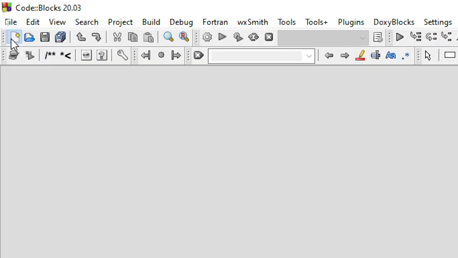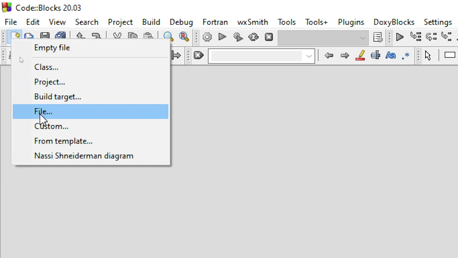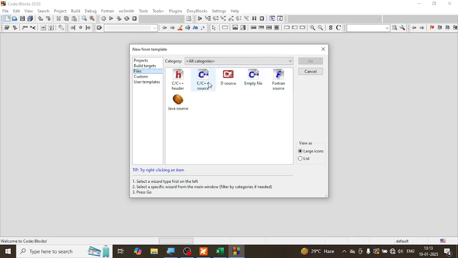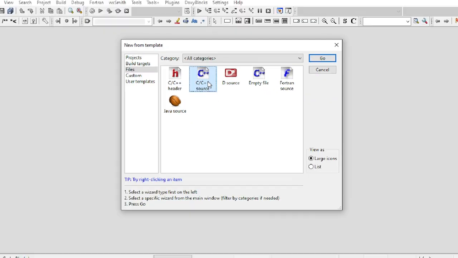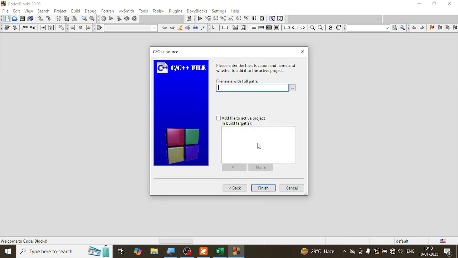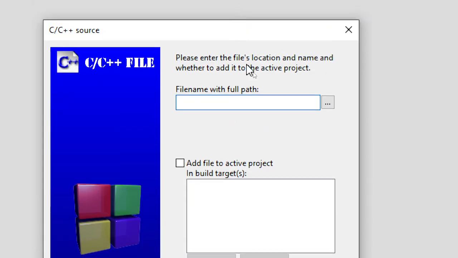I'm going to click on this new file, and I'm going to say file here, and I'm going to use the C++ source here, and click go, and click next, and I will select C as my programming language. And next, I'm going to go here, and a very important thing, see to it that you save your file